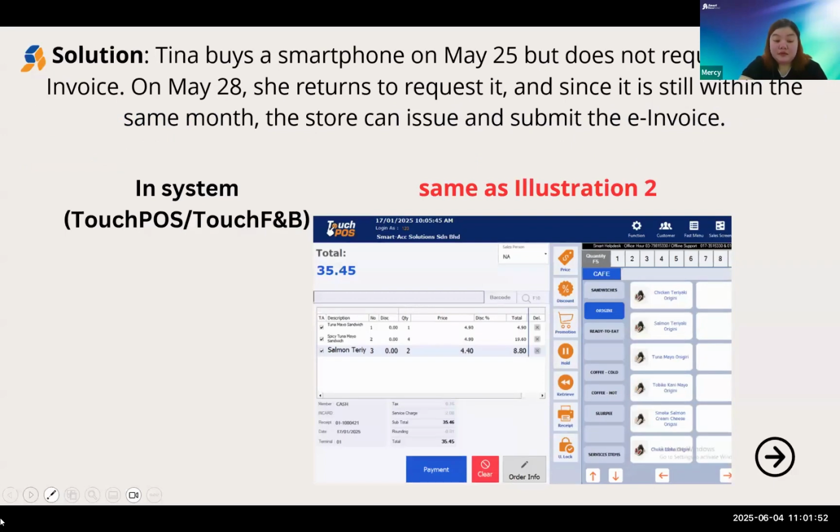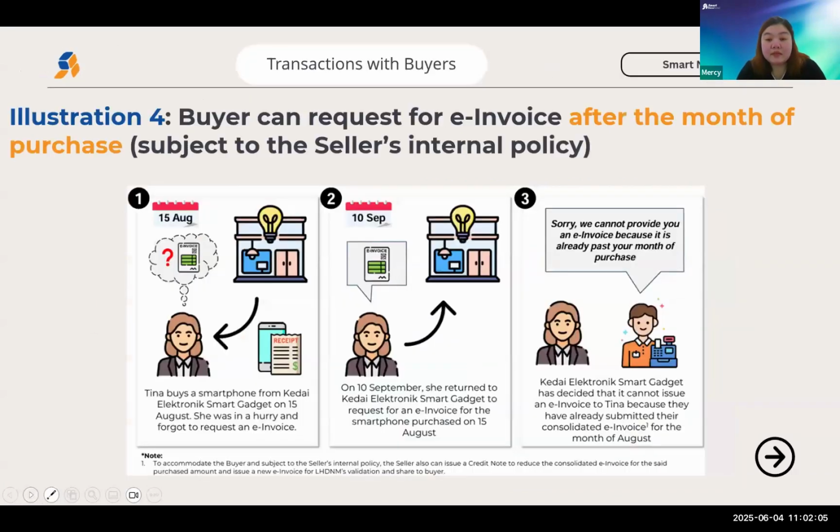You just print the receipt for the customer, then ask the customer to scan the QR, then fill in the information by themselves. Then after that, click submit. Next. Just now we mentioned what is before. Now we mention what is after. Example,